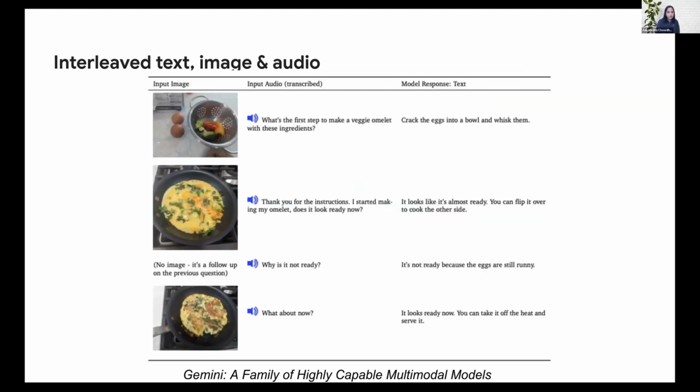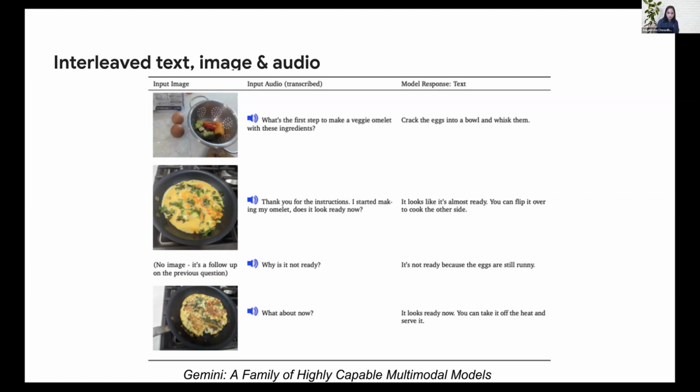And we're not just limited to text and images. Here is another example where we are able to add audio to the mix. The Gemini technical report presents this example where the model is able to reason across text, image, and audio. In a conversational setting, the user is inputting an interleaved set of images and talking to the model. So it's asking, in the first set, with this particular image, these are the ingredients that are available, and what is the first step to make a vegetarian omelet? The model analyzes that and gives the first step.